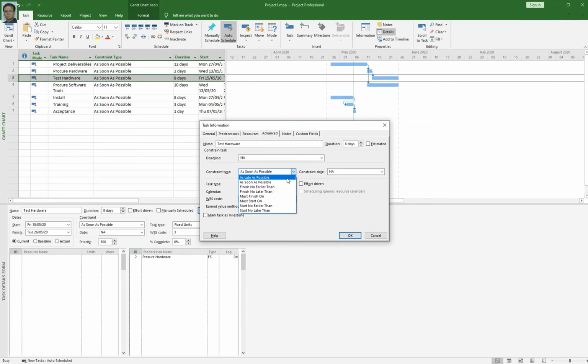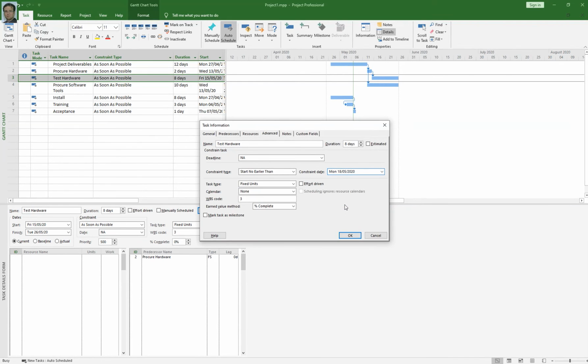Like I said earlier, my functional manager told you that this team member will not be available until 16th of May. So you just click on start no earlier than, and you will enter the date. So that is 16th of May or 18th of May. You just click on the OK button.